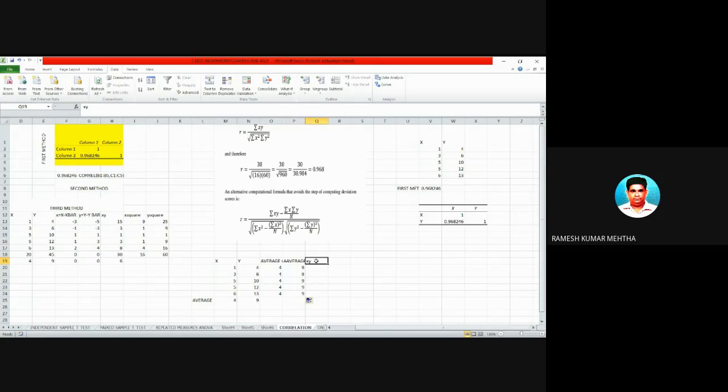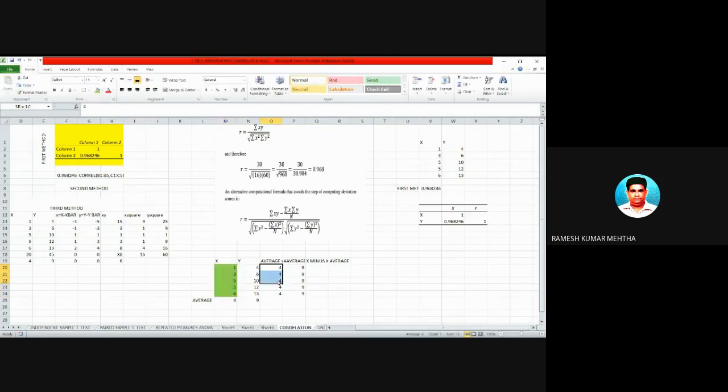x minus x bar, x minus x average. Now what does it mean? It means x minus x average. This is the data set of x and the average of x.